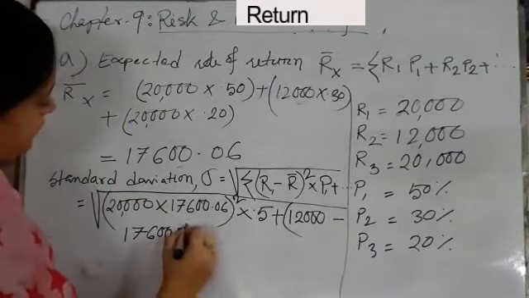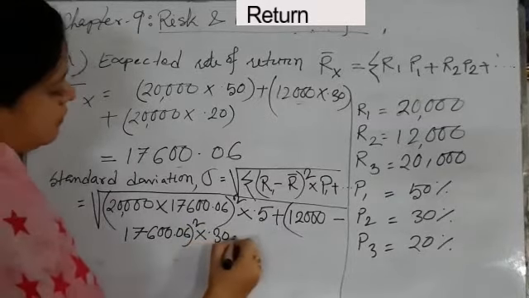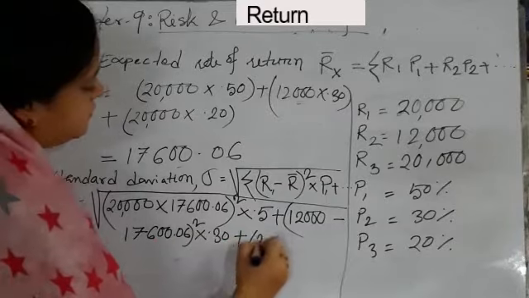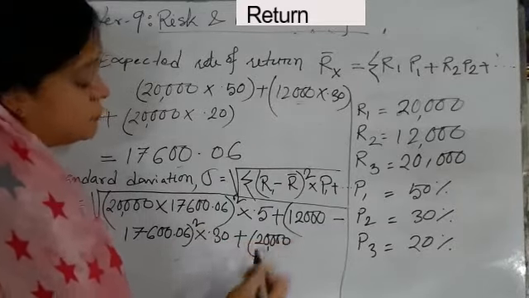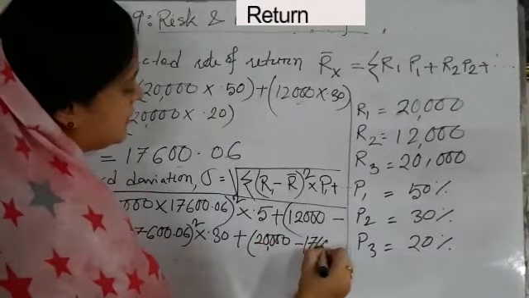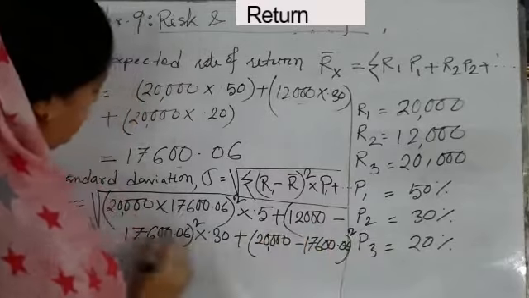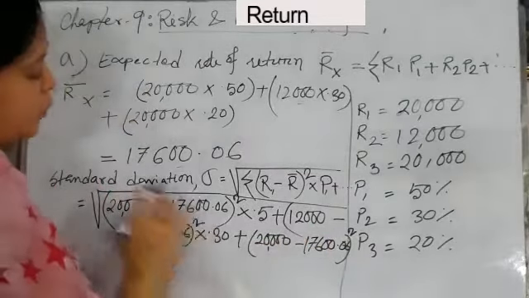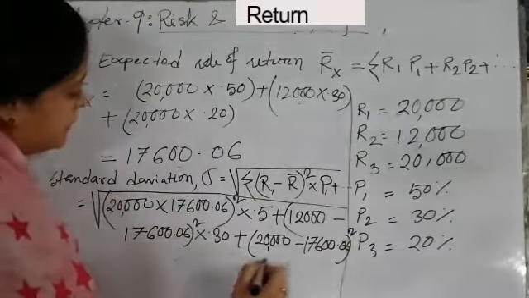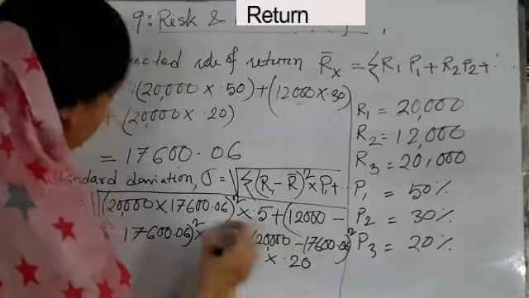17,600.06 square multiply 0.30 plus 20,000 again minus 17,600.06 square, don't forget to put square here, multiply 0.20. Root over is